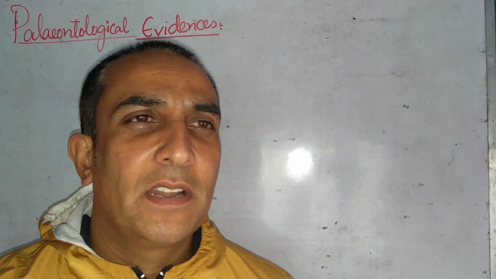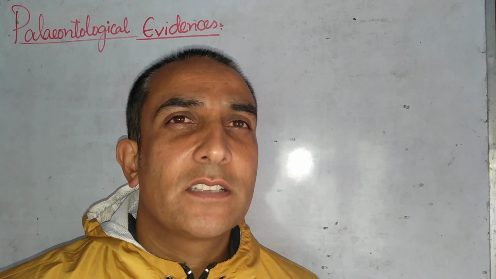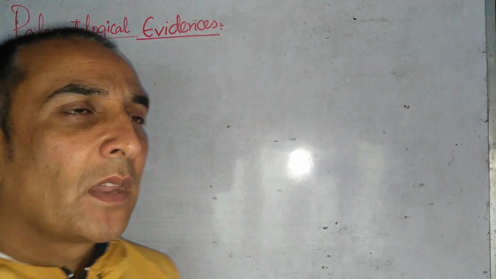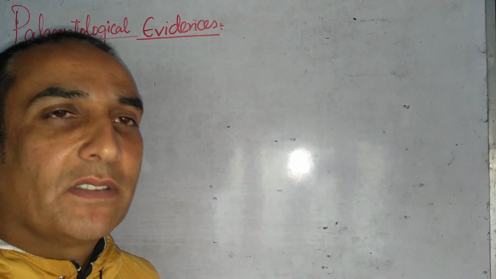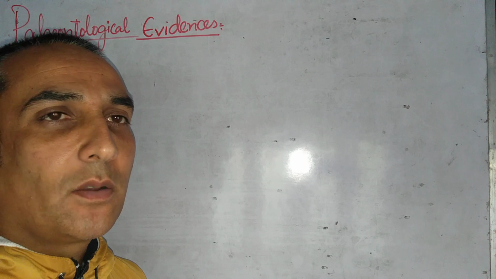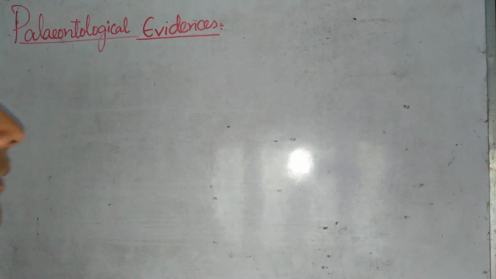Welcome, guys. It's the fourth lecture on the paleontological evidences supporting the evolution. In the last lecture, that's the third lecture on the paleontological evidences, we were discussing the missing links, and we have discussed two missing links, that is the Seymouria and the Thermomorphos, and we were on the third type of the missing link,